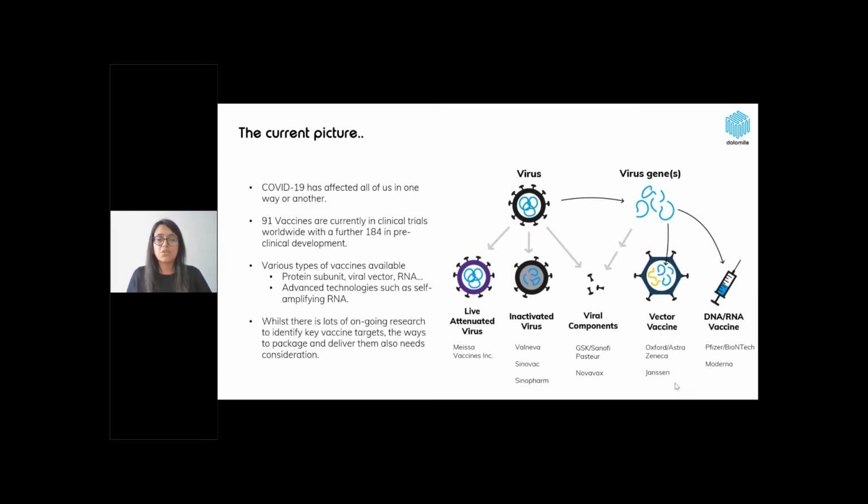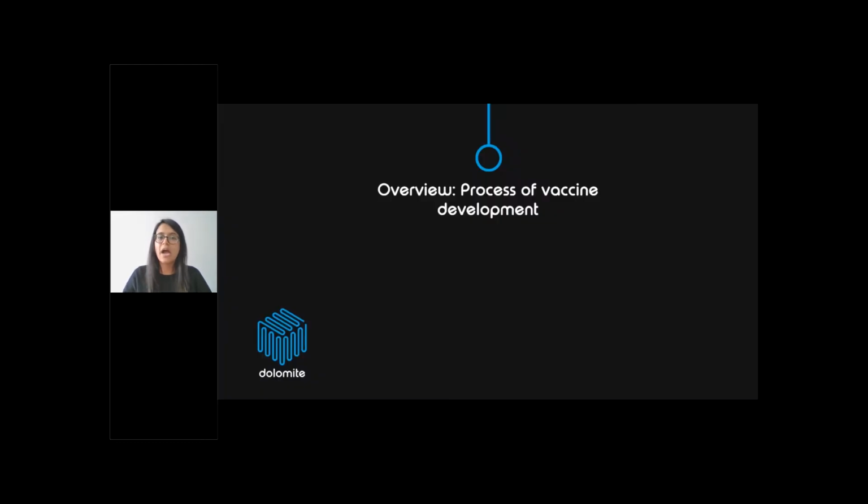And for example, in the UK, we have the AstraZeneca vaccine, which is quite popular, and the Pfizer, and also the Moderna vaccine as well. Whereas in the EU, some of the other ones may be more popular. So whilst there is a lot of ongoing research to identify key vaccine targets, the way to package and deliver them also needs consideration. So let's look at how the process of vaccine development actually